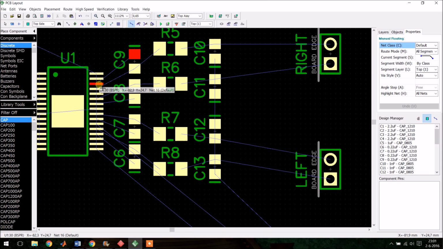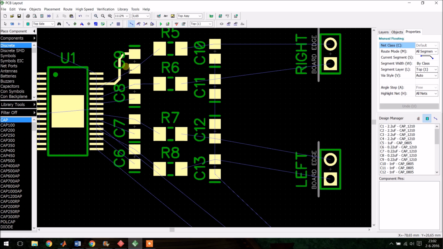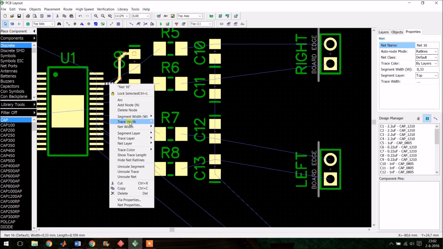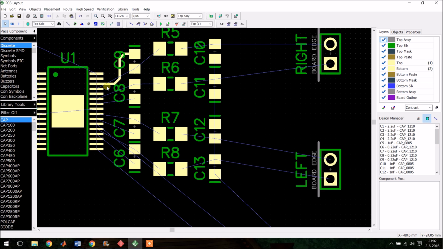Select route. If you go from here to here, just by accident my trace width lines up with the pin width on the chip, but if it doesn't, you can check which one does. In our case, the chip pins were 0.3 millimeters, so you can put the trace width at that,